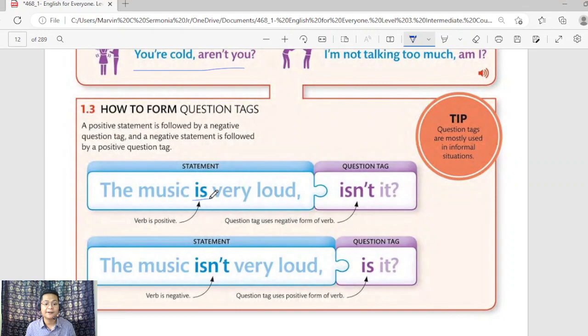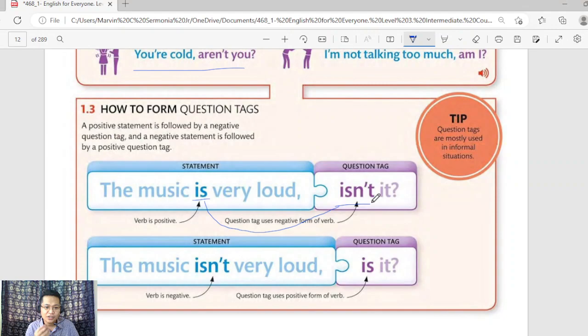As you can see here, we use the verb used in the statement, the word is, and we make it negative, so we make the word isn't, which again is a contracted form of the words is and not. And where did we get the pronoun it? You also have to look at the subject of the statement. In the statement, the music is very loud, what do you think is the subject? The subject is,